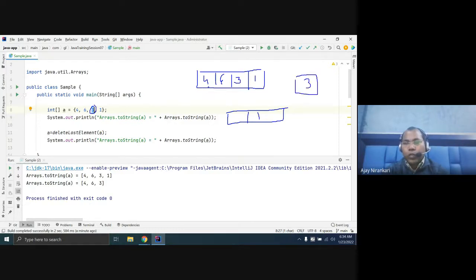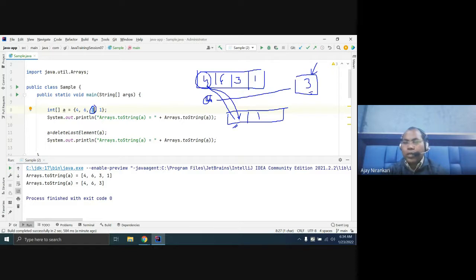So whenever you are going to copy 4 into here, before copying you have to check whether this 4 is equal to 3 or not. So you have to check before copying this element to the new array, whether it is the element you want to remove or not. Here in this example 4 is not matched with 3.